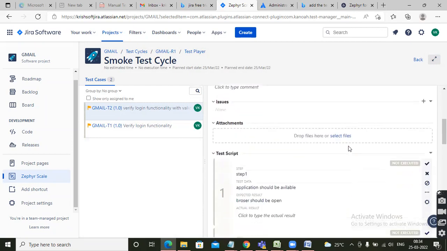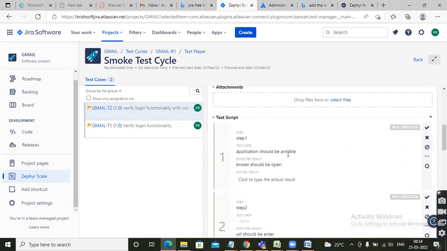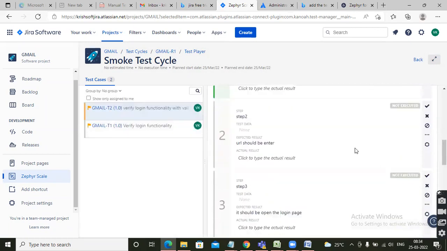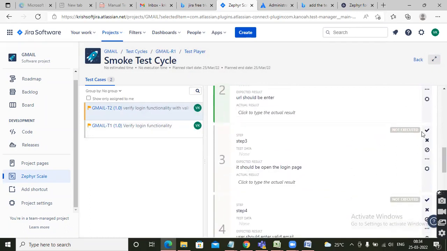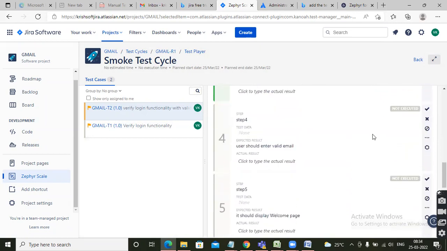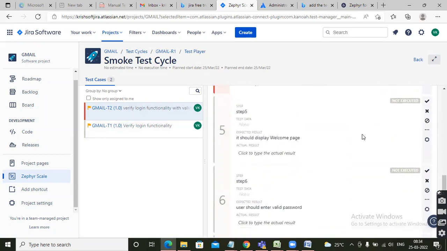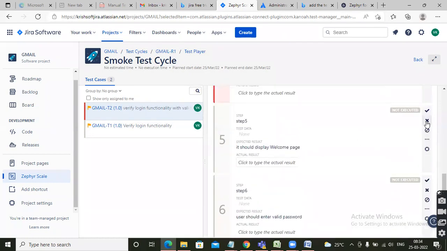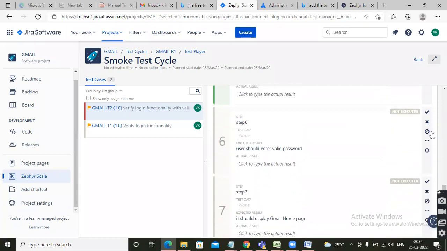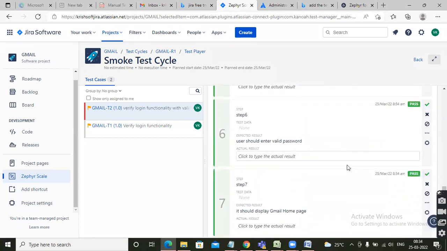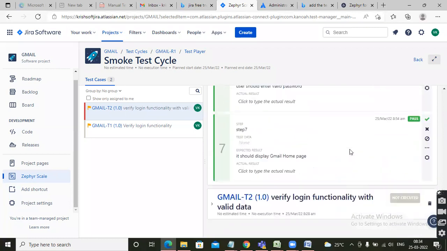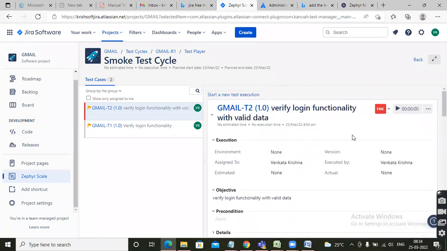Not executed. Test script. First step, enter the application. The application should be available and the browser should be open. You want to make that step pass. You can do that. Step 2, you want to execute on the browser and update the status here. Step 3 also the same thing. And step 4, I'm planning to make it fail. And step 5 also I want to make it pass. Step 6 as pass. Step 7 also pass. See here. Now is my test case going to pass or fail? Fail,